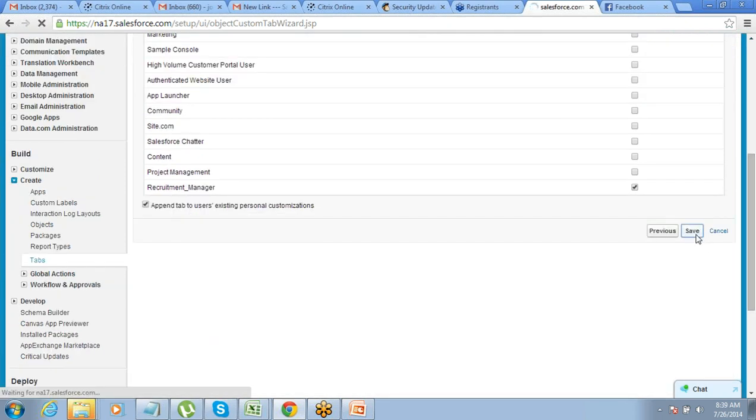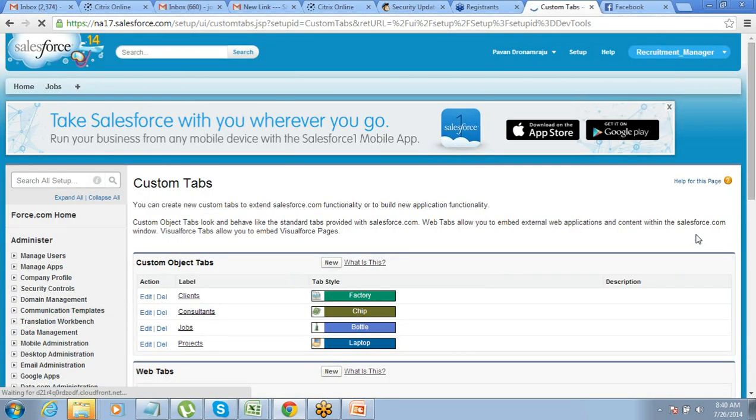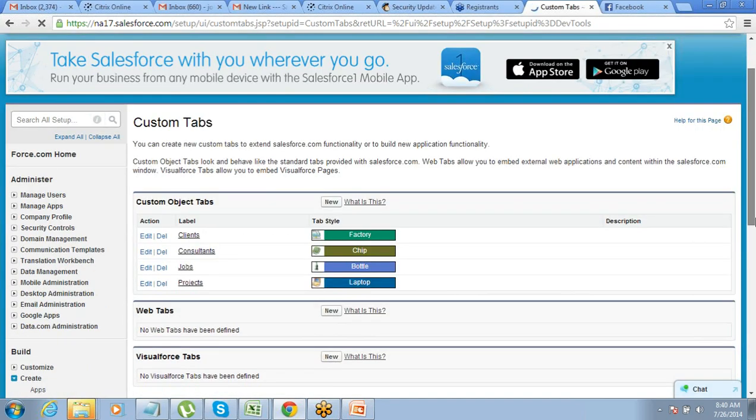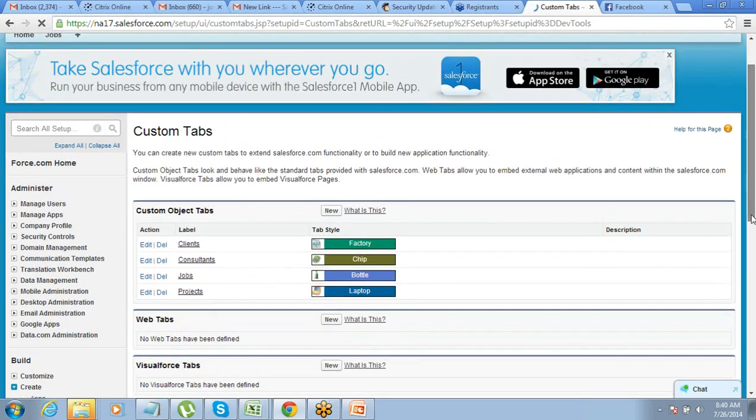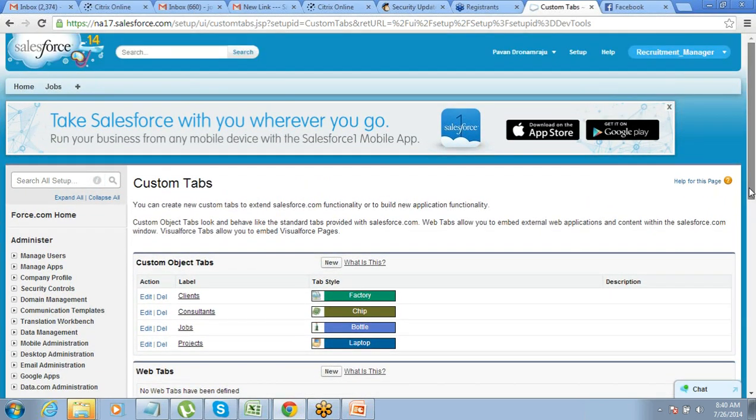So this is done. Click on save. Got this? Now you see your tab has appeared here on the recruitment manager app.